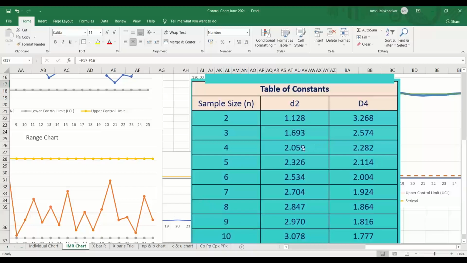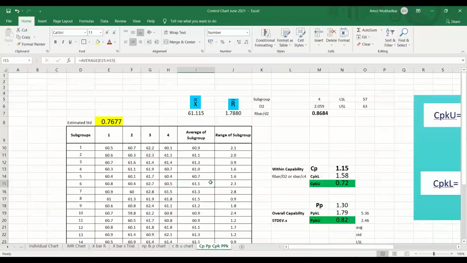2.05. Why? Because subgroup of 4. So we have taken the subgroup of 4. That's why we have to take 2.059. Okay. So now you have the D2 value also.